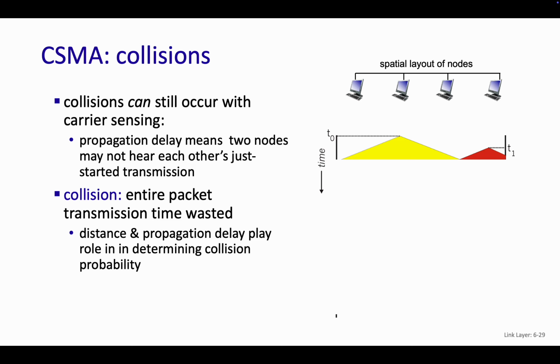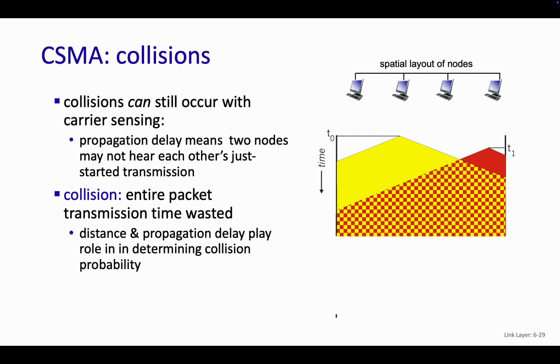That can happen. You can transmit, even not at the same time, but it takes time for these waves to propagate. So at time 0, one person might be transmitting, but at time 1, another person might be transmitting. As long as the signal hasn't reached that person, they don't know. They might listen and say, oh, no one's talking, and they might start talking. So that happens all the time with Zoom when the latency of your call is really bad, right? Where there's a long gap between when they start talking and when you hear them. Same thing with wireless networks, or just any network, sorry, not just wireless.